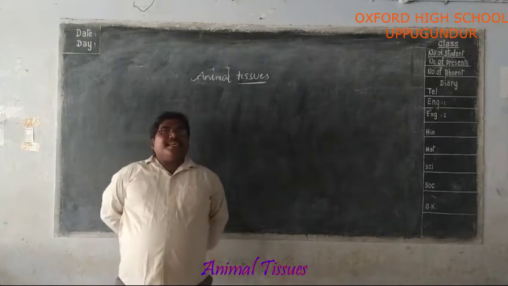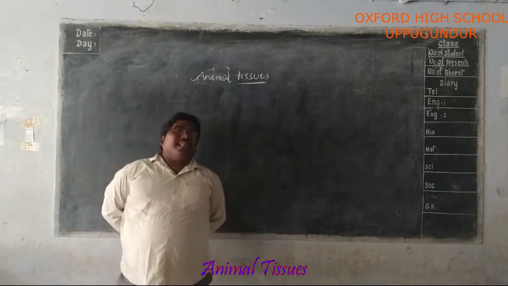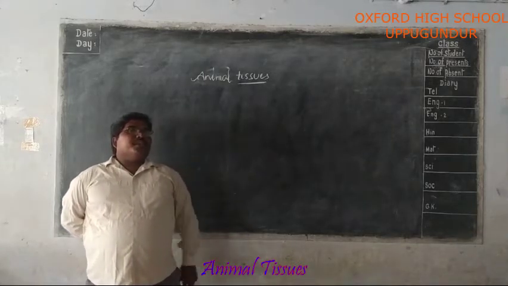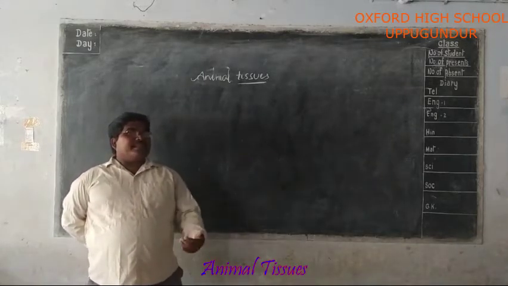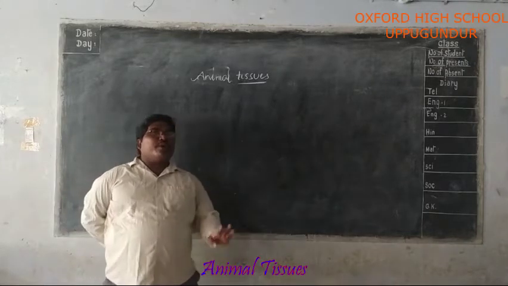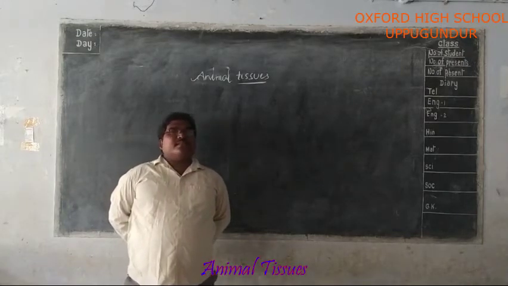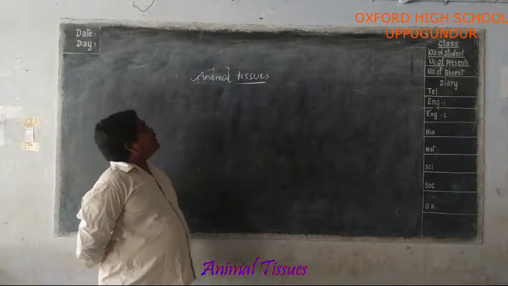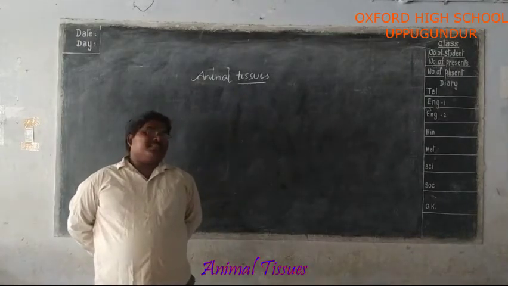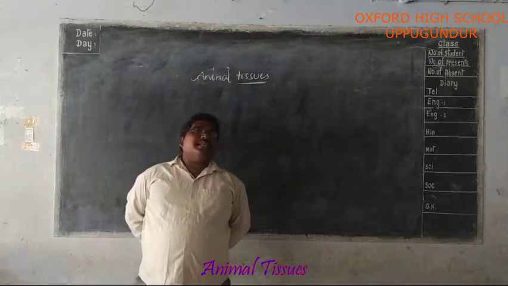Are there any types of tissues present in animals, like the plants we have already discussed earlier? Think about it. If the tissues are present, what are their functions? Like the plants, animals also have four major types of tissues and they have their functions. To know the tissues present in animals, we have to perform different types of activities. In every activity, we can find out the type of tissue and its function.